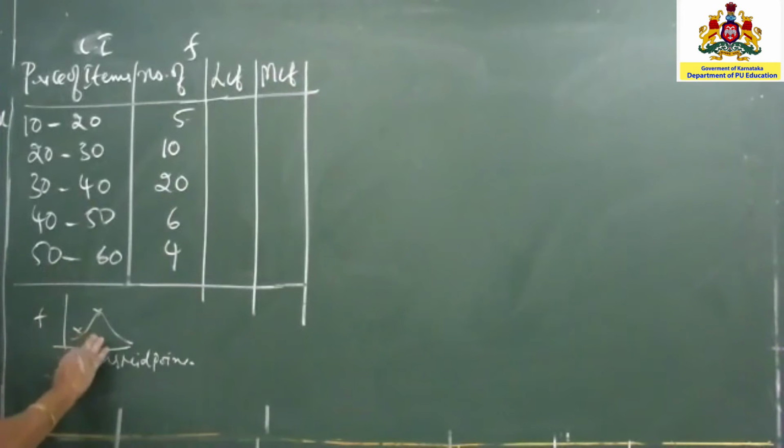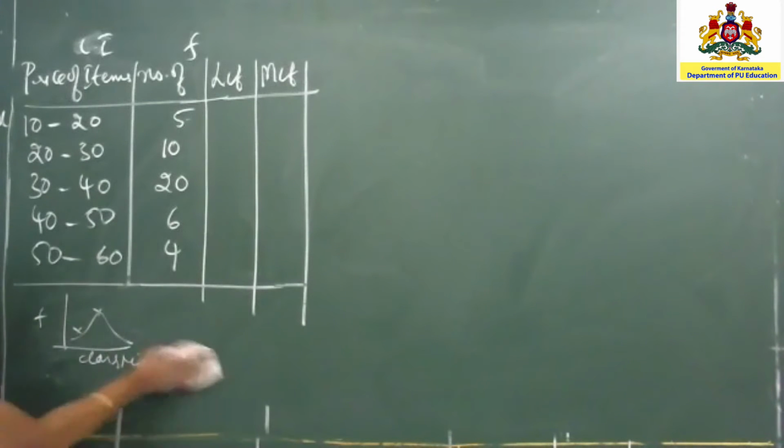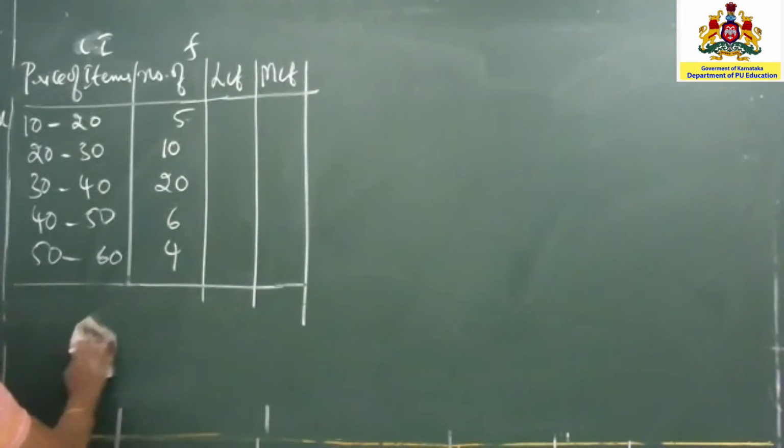But on the other hand, suppose you have to draw the ogive curves, you will not be using the entire class interval. You will have only either less than LCL values, that is the lower class limit, or you will be using UCL, that is the upper class limit. Suddenly I jumped to second year, I'm sorry.